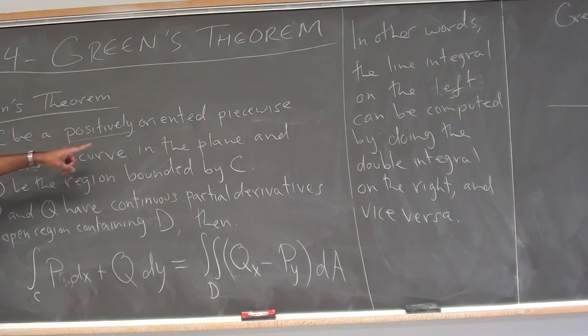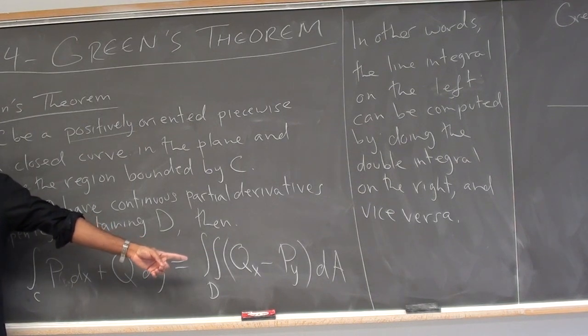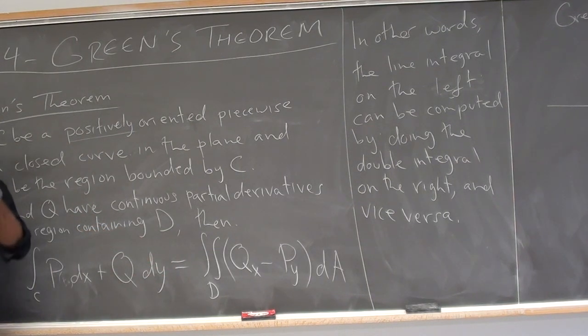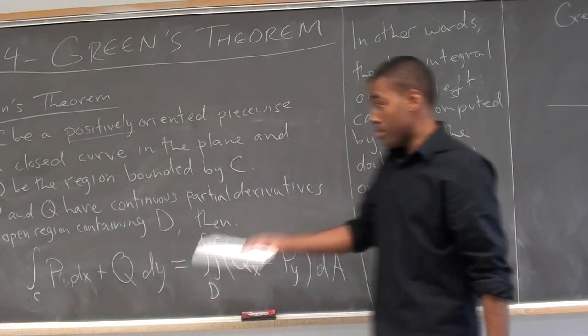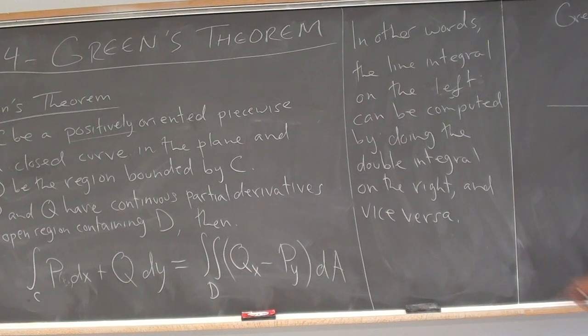Especially here we know that C could be a piecewise smooth curve. What if C has a lot of pieces, right? Like 10 pieces. It's going to be probably much easier to set up a double integral over that as opposed to parameterize 10 curves and do a single integral for each of those curves, right? So yeah, Green's theorem gives us another way